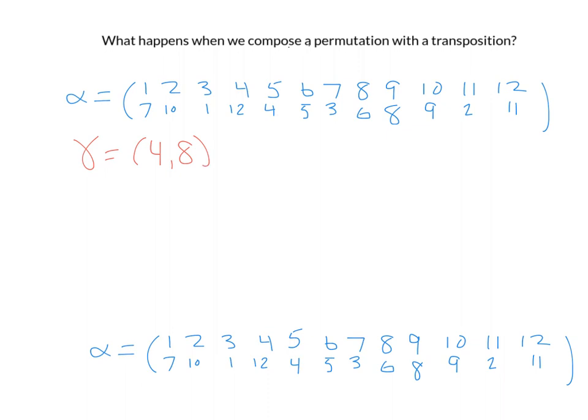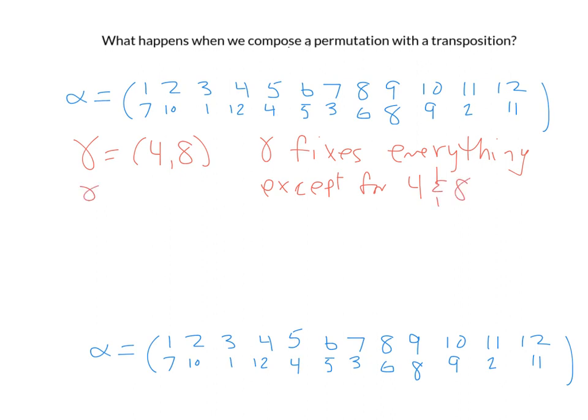We don't need the 2-row notation. It's more compact to write that in cycle notation. It's also important to realize that gamma fixes everything except for 4 and 8. In other words, gamma of 1 is equal to 1, gamma of 2 is equal to 2, and so on. Well, now, our first big question for this video is, can we get the 2-row notation